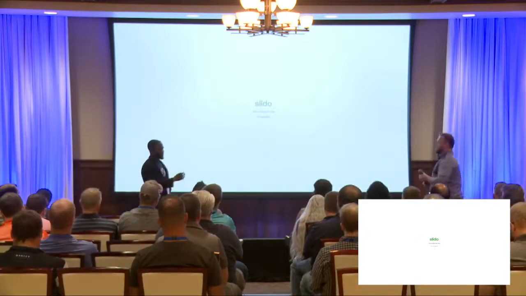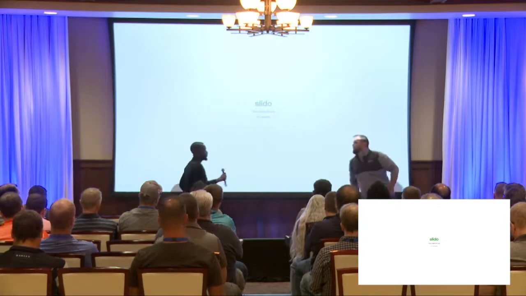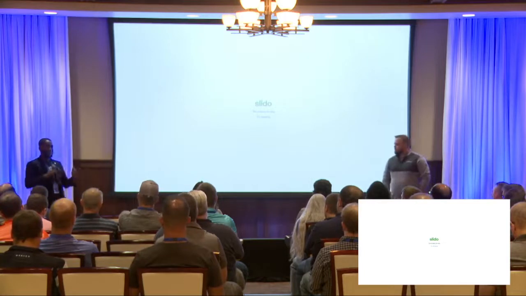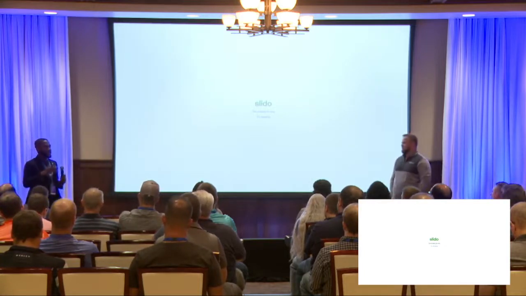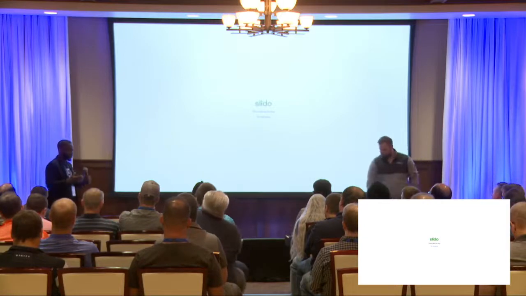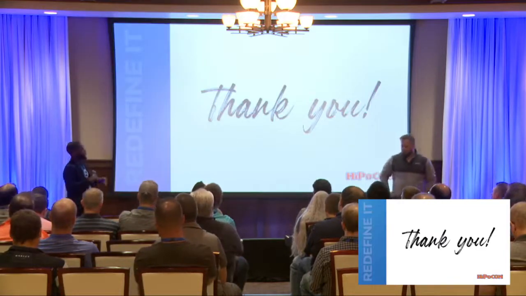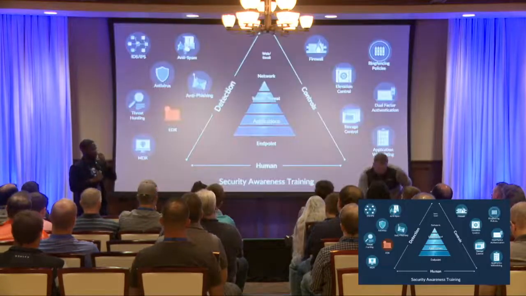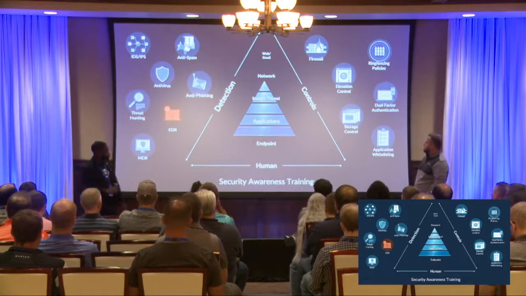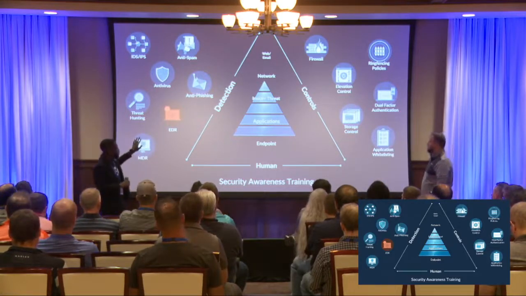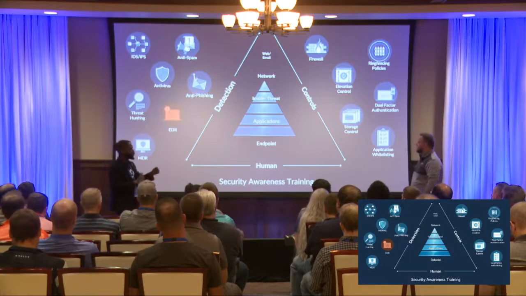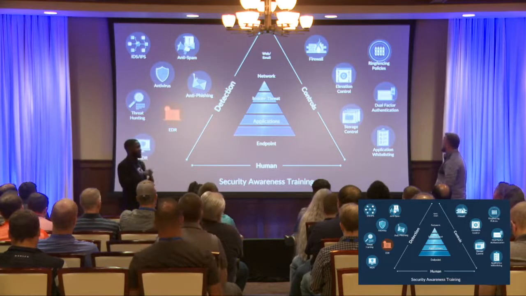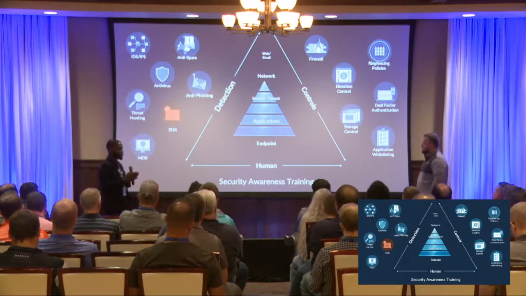To build on that, I'll give you a few examples here. Starting with the identity piece, I'm going to pick on Okta. If you're a fan of Okta, I'm also a fan. But the reality of where single sign-on and that type of identity access management comes back, if you don't mind, feel free to head back to the triangle. This is where I love to dive in on this conversation. The detection side is not really a part of this, so we're going to head over to the controls. You'll see dual factor, MFA, the identity layer there. We're going to work in conjunction with all of that.